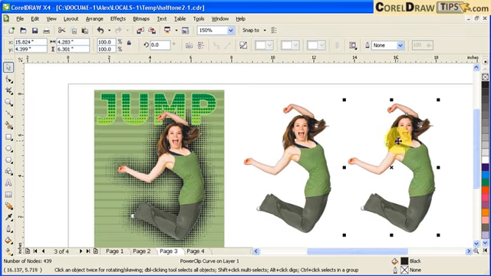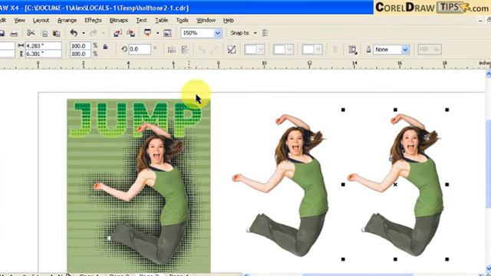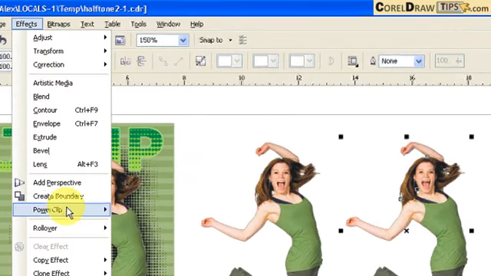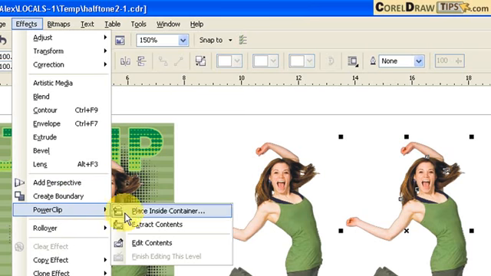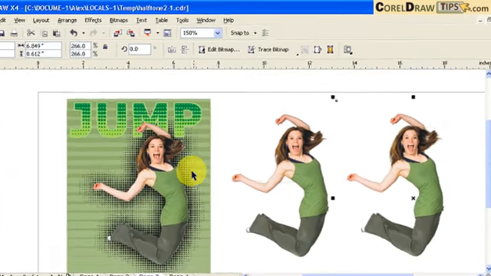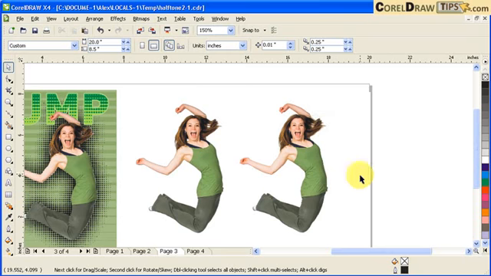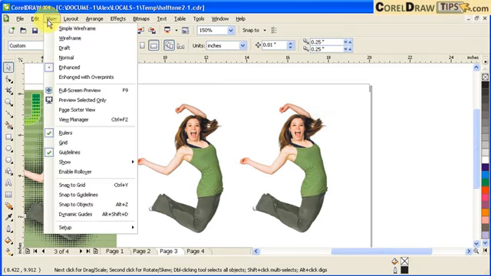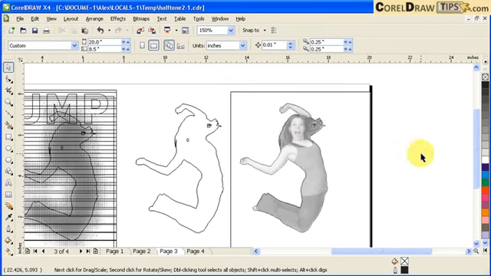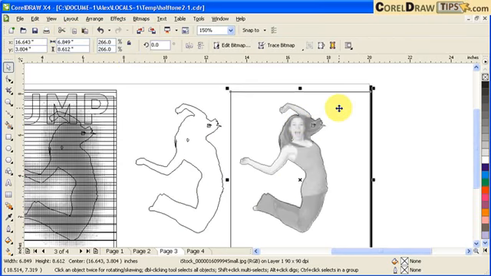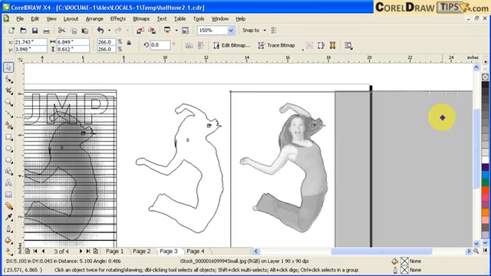What I'll do, I'm going to extract the photograph because I only need the silhouette object. So I go to Effects and click on Power Clip, and I'll extract contents. Once you click on Extract Contents, now you have the contents, which is the photograph and also the outline, the object. If I go to View here and click on Wireframe, I can move it to the right side here,